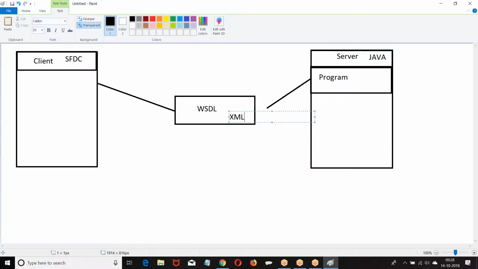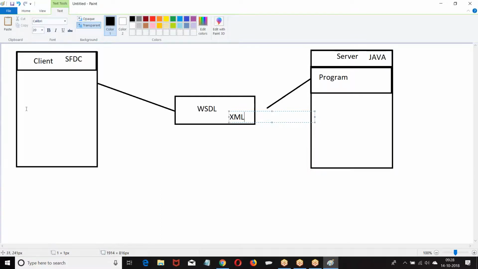Okay. Now we have a program, and the program is converted into the form of XML. That XML we call WSDL, Web Service Descriptive Language. This WSDL file is in XML; Java is converted into XML.